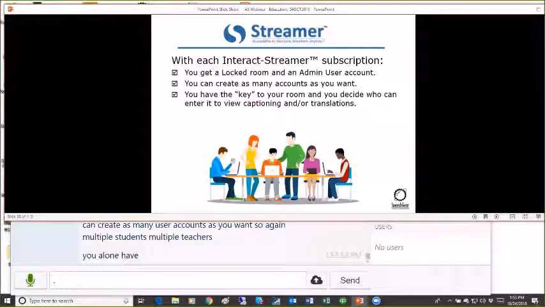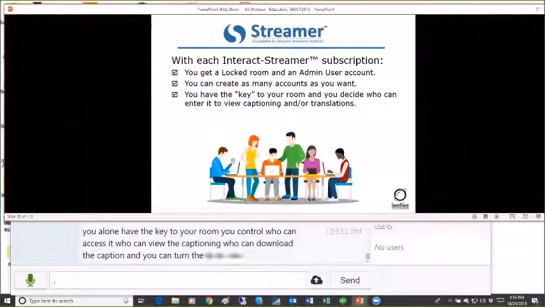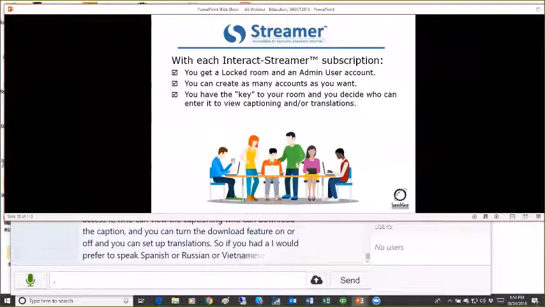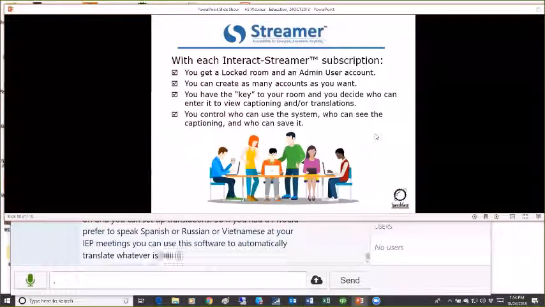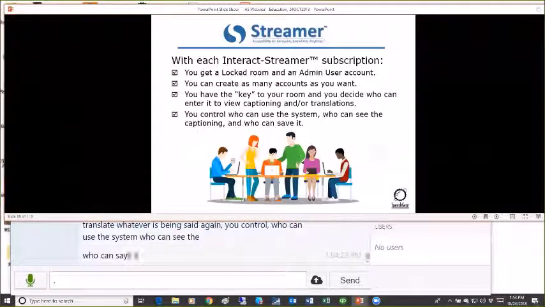You alone have the key to your room. You control who can access it, who can view the captioning, who can download the captioning. You can turn the download feature on or off. And you can set up translations. So if you had a family that would prefer to speak Spanish or Russian or Vietnamese at your IEP meetings, you can use this software to automatically translate whatever is being said. Again, you control who can use the system, who can see the captioning, who can save it, and many other